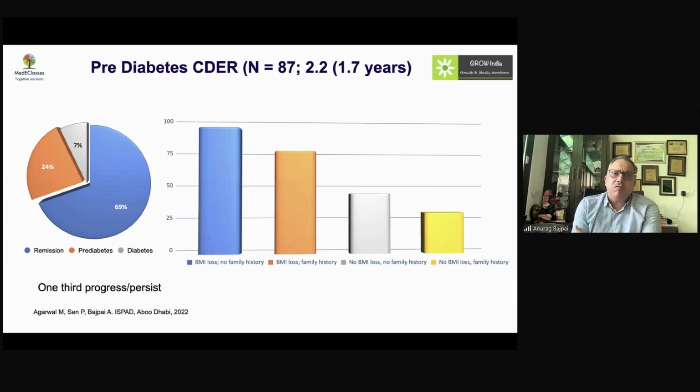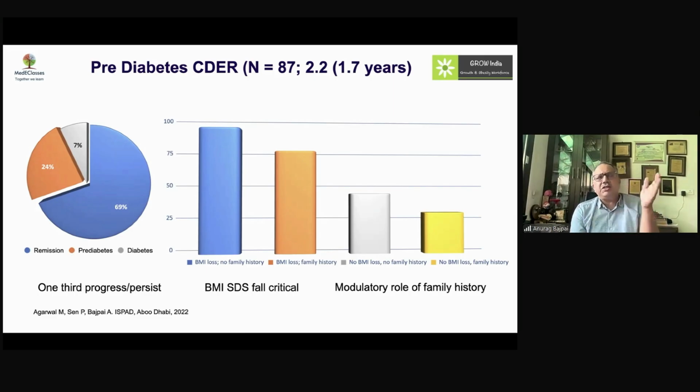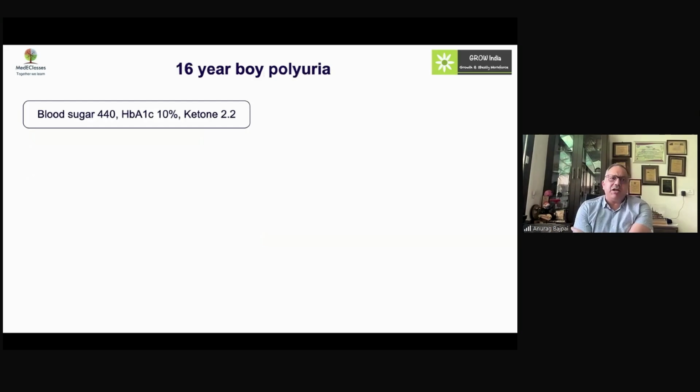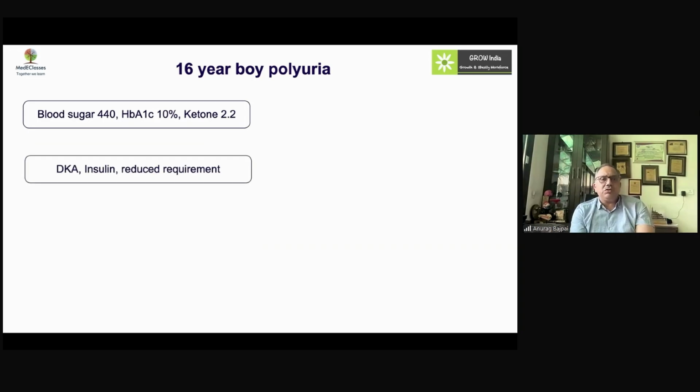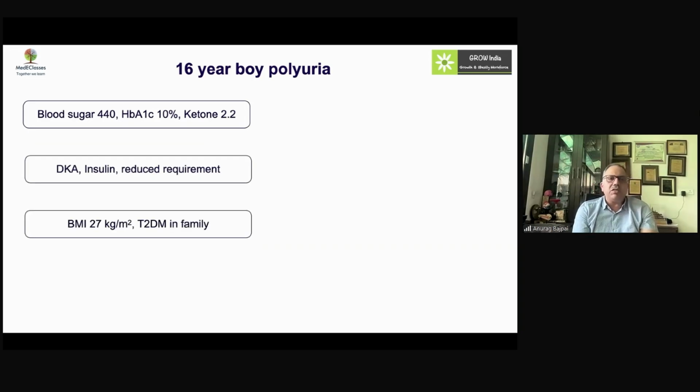So this is very important, and especially if somebody is not losing weight and there is a family history, there is a chance of progression. So a SGA child with a family history not losing weight, be very careful, will develop diabetes over time. A 16-year-old boy with polyuria has all the features of diabetes, diagnosed with DKA,